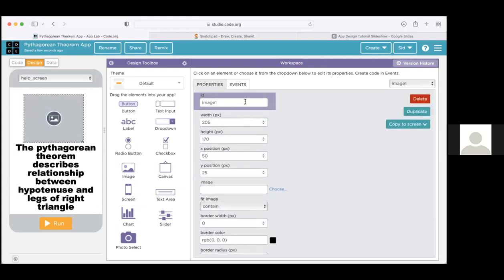We're going to call this image triangle, and it's going to be the picture of the triangle. That's the ID of the image, so we can reference it if we want to. Notice down here, there's something called image, and this is how we're going to be able to choose our image. Right now, the triangle doesn't have an image, which is why we don't see anything. But if we were to choose an image,